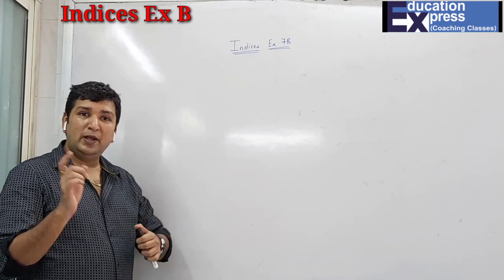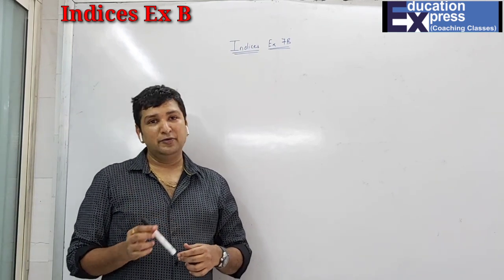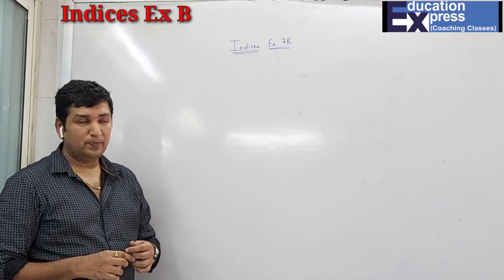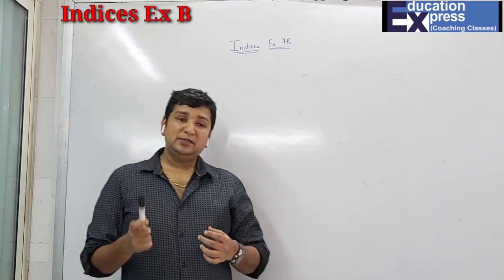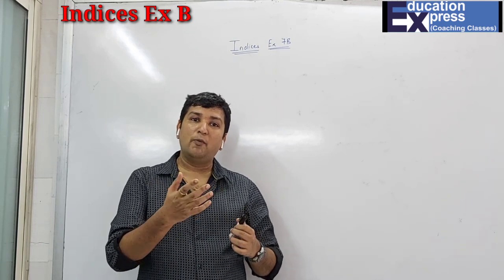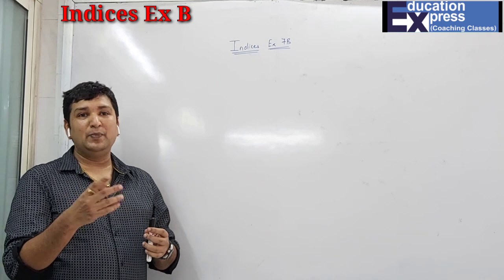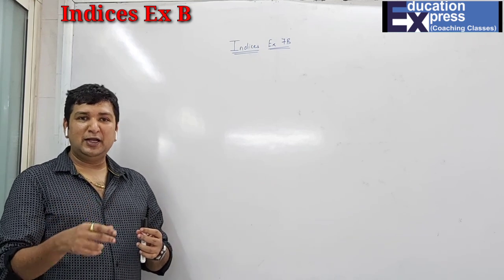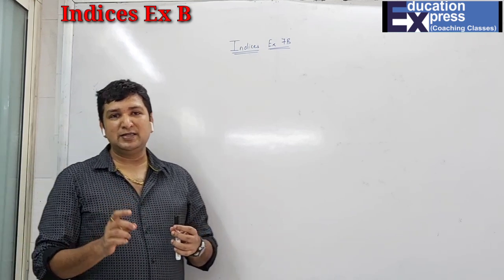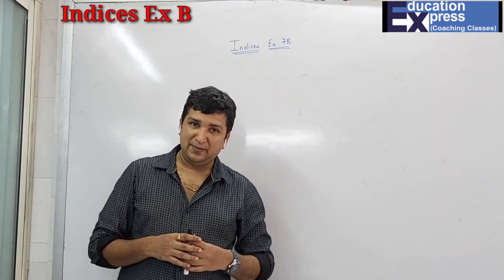That means to obey laws of indices, compulsorily it has to be what? Multiplication or division. In other words, it has to be monomial. Second thing, over here we'll always try to get the same common base. That means obviously the laws of indices are obeyed if you have a common base, and accordingly if you have multiplication and division, we'll do addition and subtraction. So we'll start from exercise 4b, which is exactly same.